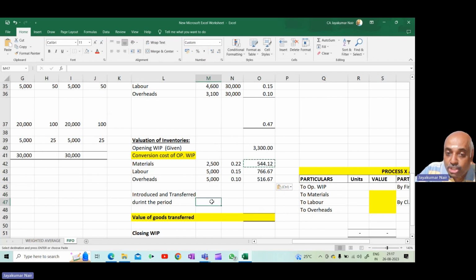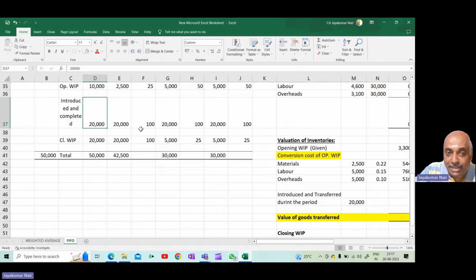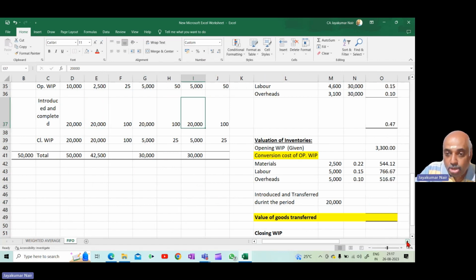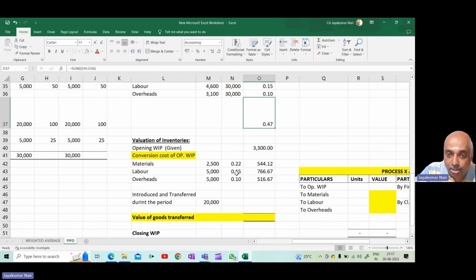Now, what about the goods that you have introduced, the units that you have introduced and completed? That is 20,000, because what is introduced and completed, 20,000, with respect to materials, labor, and overheads. So 20,000 into the total. What is the total? Instead of writing material 0.22, 20,000 into 0.22, again labor 20,000 into 0.15, again 20,000 into 0.10, and then multiplying it, you can take